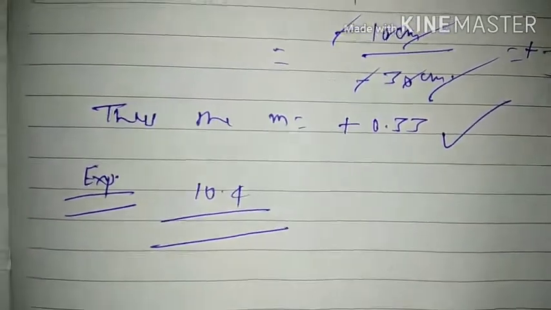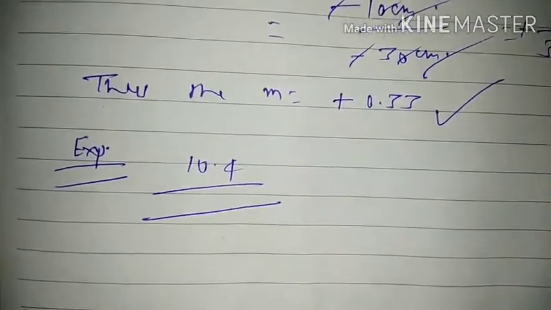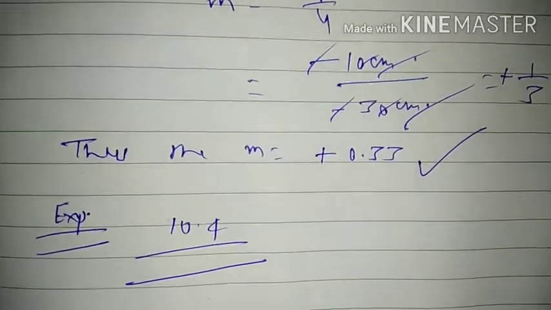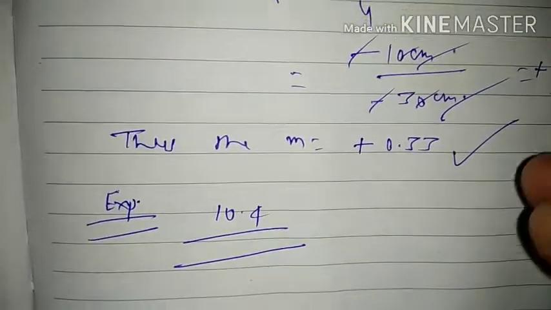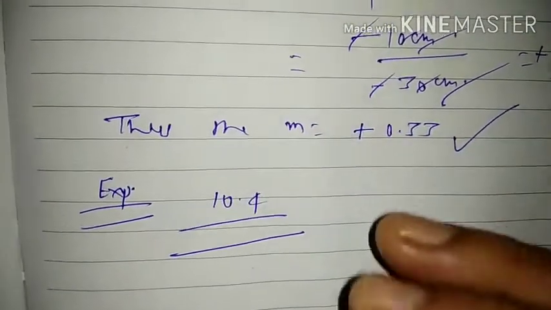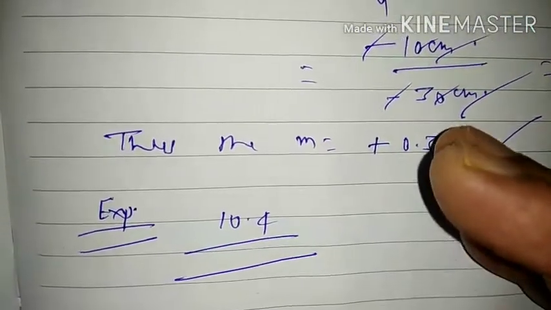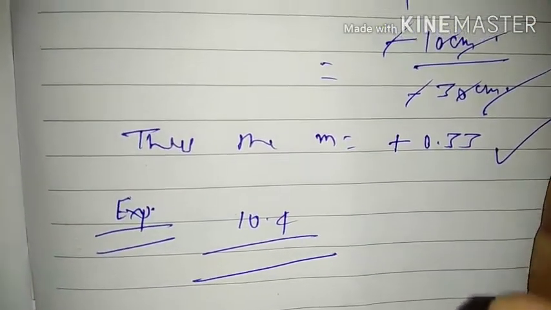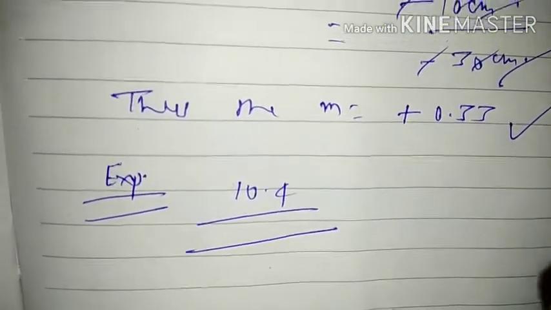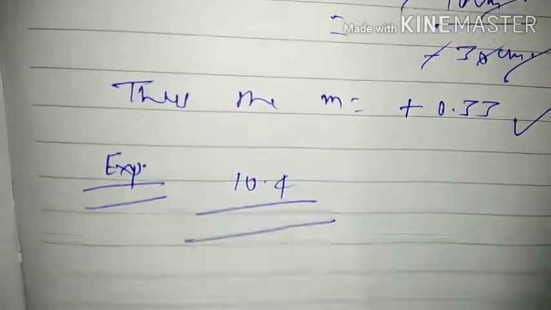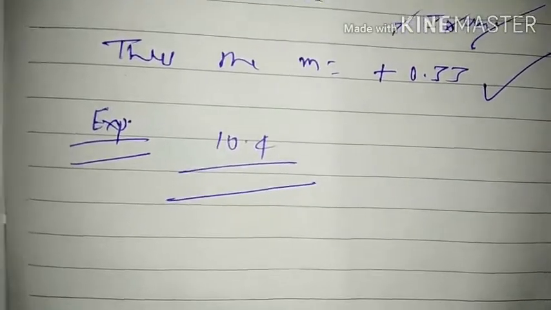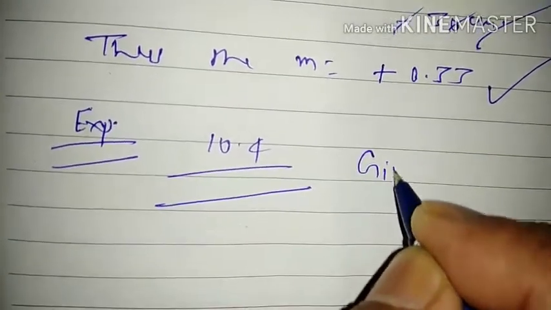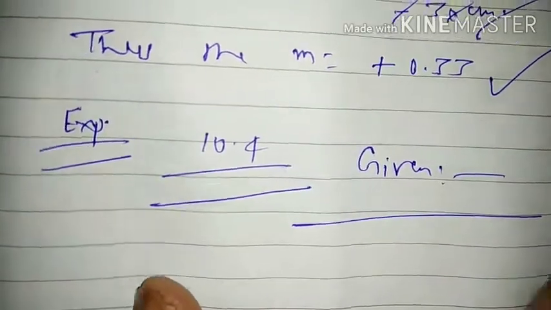A 2 centimeter tall object is placed perpendicular to the principal axis. In our previous chapters, in the topic sign convention, we have already seen that objects are always taken above the principal axis, and the distance above the principal axis, parallel to the y-axis, becomes positive. So height of object will always be positive. So write given data. Now we write all these things on the next page.